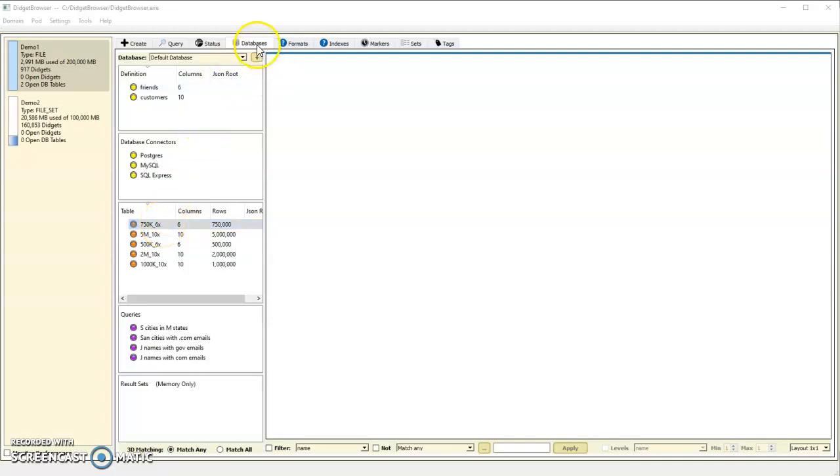So here on the Databases tab, we have 5 different tables defined. We have some queries for the tables and no result sets in memory at this point. Here I have a set of tables, and 2 of them are 6 columns. So if I highlight these 2, the 750,000 row and the 500,000 row, and let's say I wanted to export